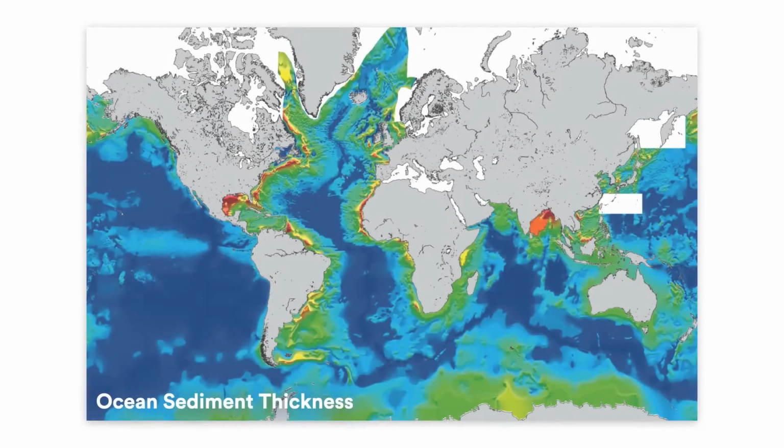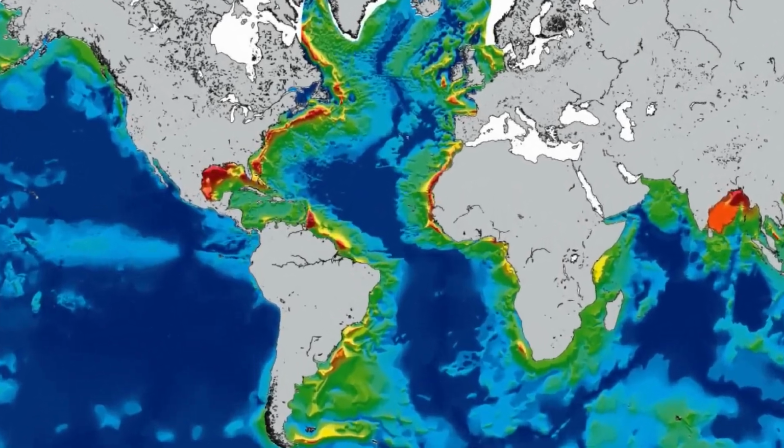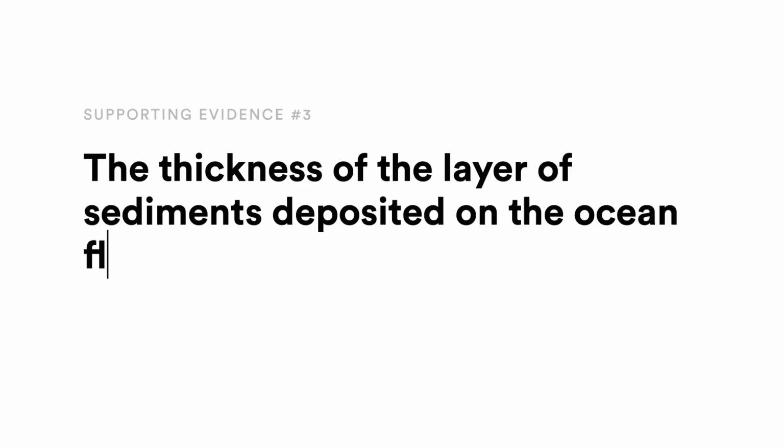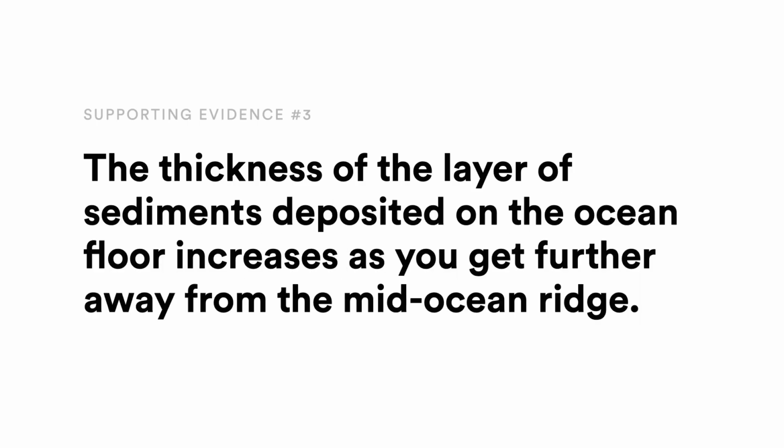And this proved to be true as we studied the seafloor more and more, as with this map showing sediment thickness with different colors, with the dark blue being thin layers of sediment, and light blue to green to yellow and red becoming thicker and thicker. And so that gives us supporting evidence number 3. The thickness of the layer of sediments deposited on the ocean floor increases as you get further away from a mid-ocean ridge. And so once again, we would look to warfare and the Navy to get more scientific information to